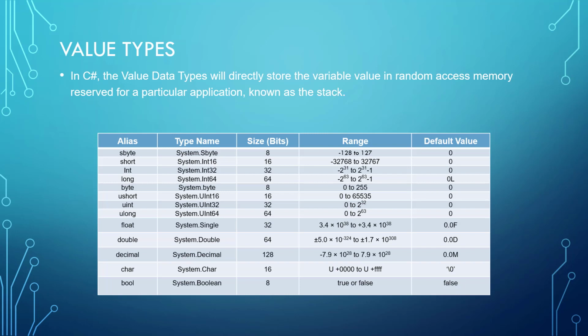So what happens is that value data types allow you to store data of a particular type directly on the stack as a value. Now, the type of data type that you want to use depends on what it is that you're trying to store. The table that you see on your screen right now is an example of what all the different native data types are that are value types. So you'll notice if you look down, I guess about the fifth, maybe sixth row down from the top, you'll see byte. So the alias is called byte, and the type name is system.byte. And so you'll notice that the size is 8 bits, and it can store a value from 0 to